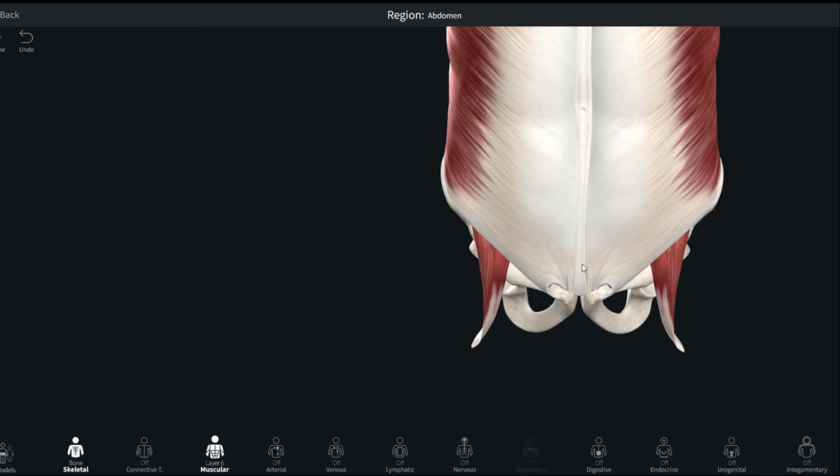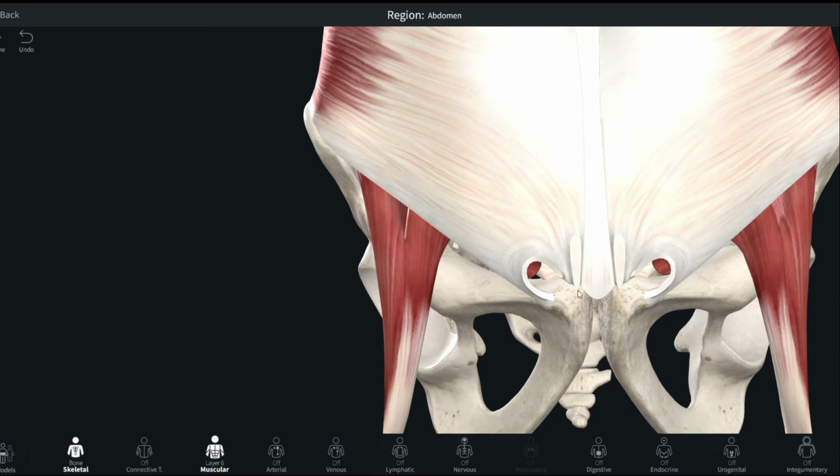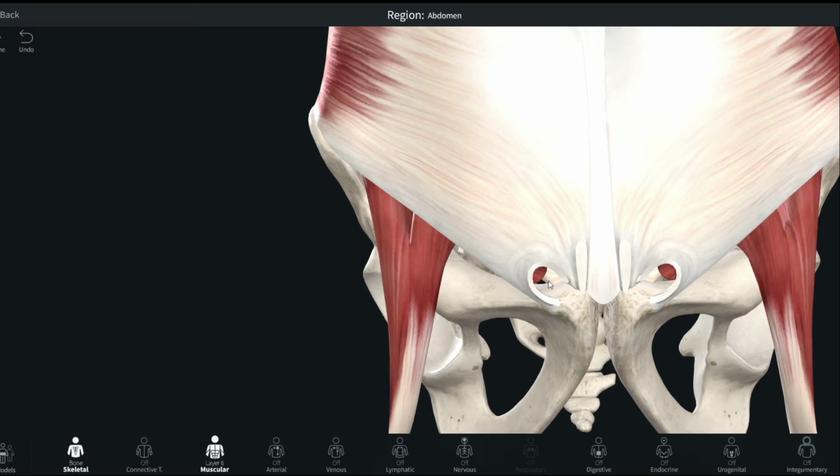In the pelvic region, it will actually insert along the pubic tubercle and the pubic symphysis as well. As you can see, the pubic symphysis is somewhat median in position between the two pubic bones. Into the pubic symphysis, the pubic crest,